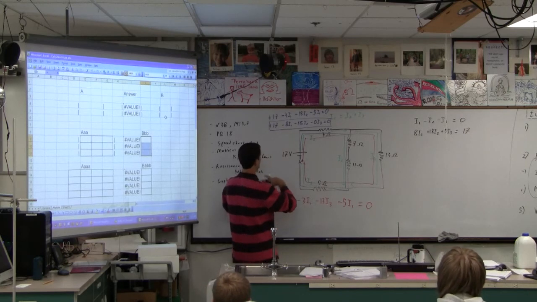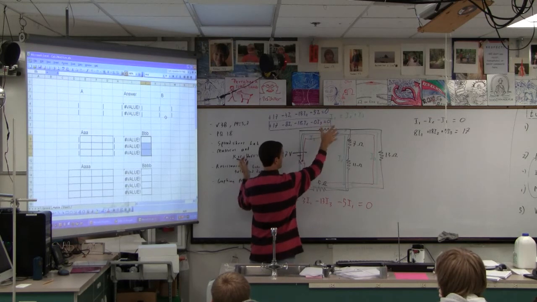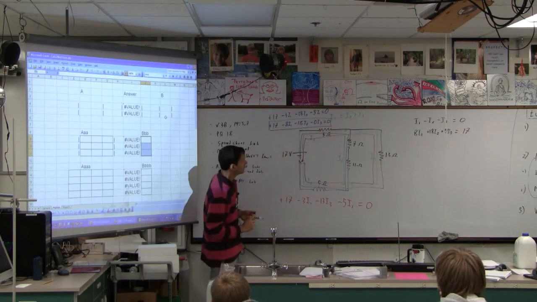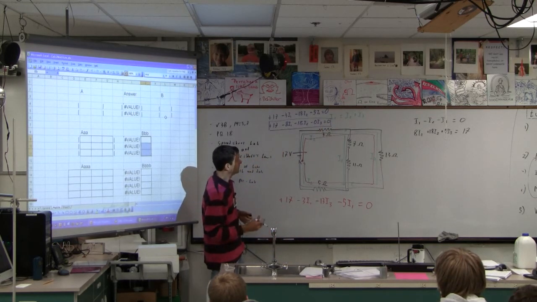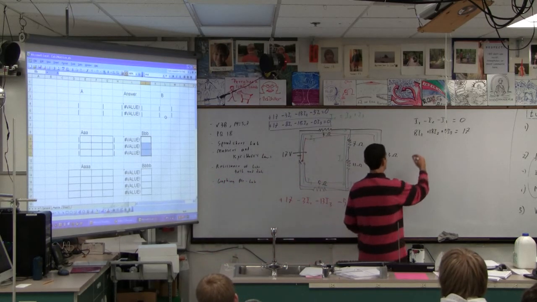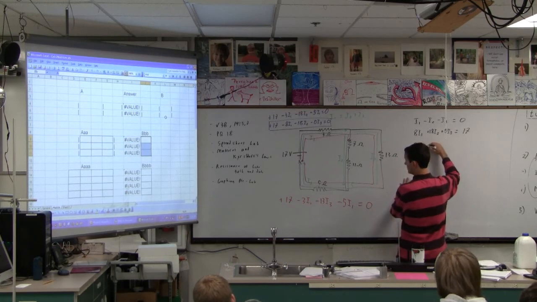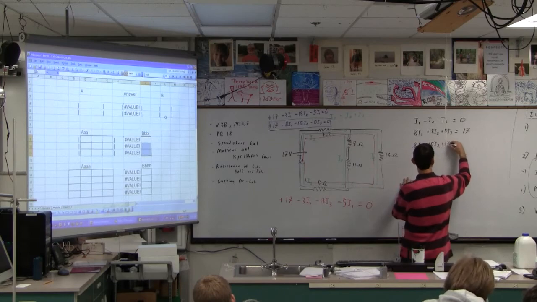Yeah, because if I just take these guys and I put this guy on the other side, it's negative, make everything positive. We've got it. It's very bad if we get this wrong. Do we get it right? I think so. And then I'm going to rewrite this guy as 8I1 plus 0I2 plus 13I3